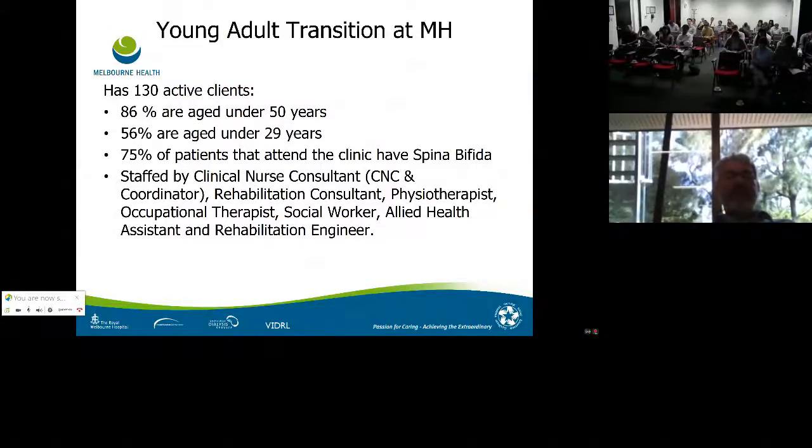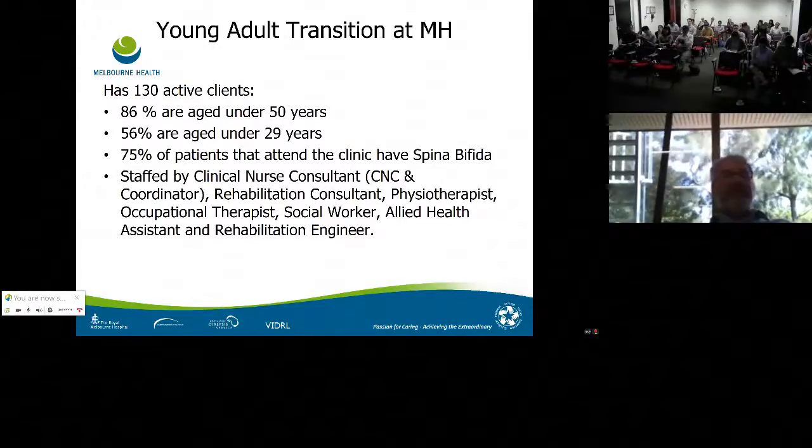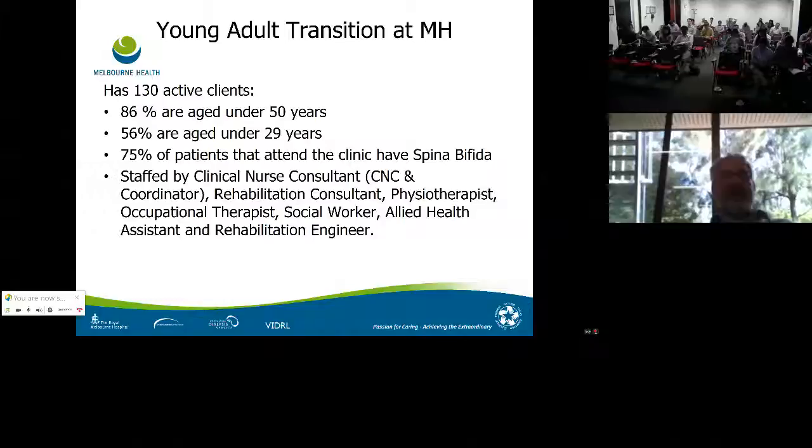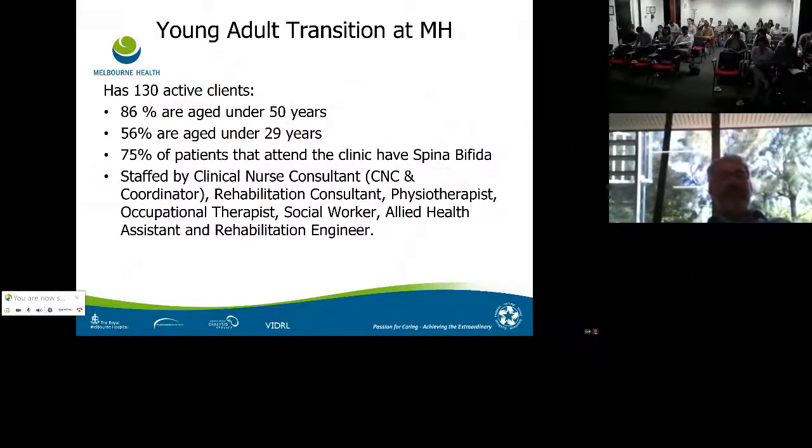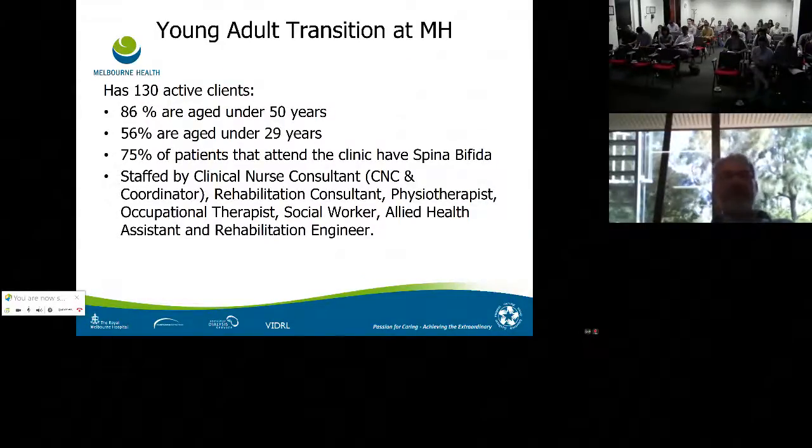There was an experienced physio and occupational therapist dealing with neurological disability, OT very much dealing with seating issues, skin problems, and a social worker who dealt with the multitude of social issues associated with this group of patients. There was an allied health assistant and, very importantly, a rehab engineer, because this group of patients, as we know, took up a lot of time in terms of dealing with